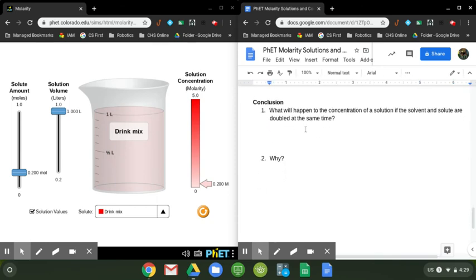So what happens whenever you increase the solvent and the solute at the same time? What happens to the concentration? Well, the concentration is going to be the same. And the reason why it's going to remain constant is because